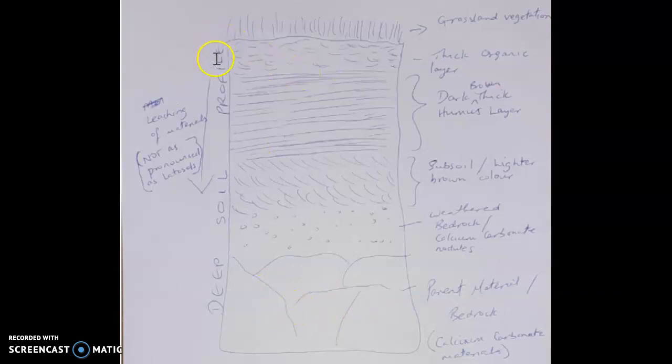But class, these soils are in fact relatively deep. The thickness of this dark humus content alone is in excess of 2 meters. Class, that's the topsoil layer. It is actually in excess of 2 meters. Now, 2 meters is approximately 6 feet. So that's a relatively thick soil layer.